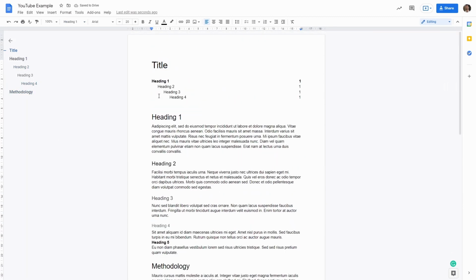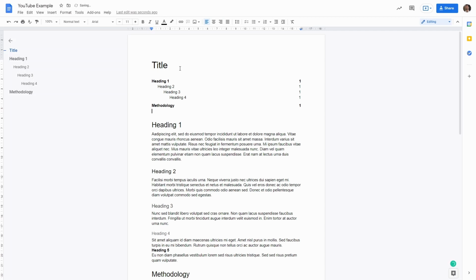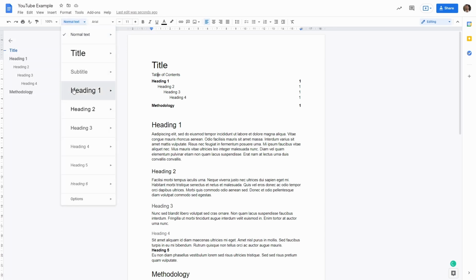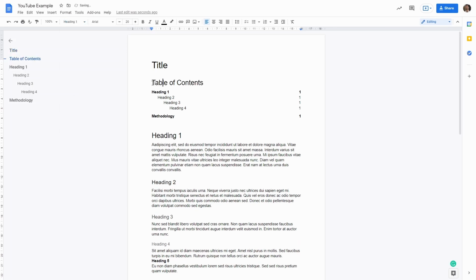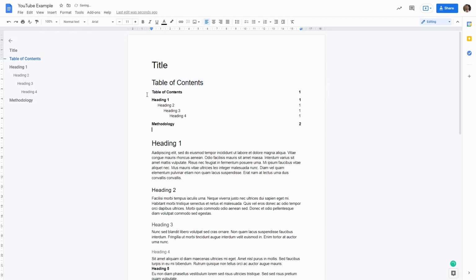But that's just one limitation that you need to take into account. The same thing, which could be a limitation for you, is if you decide to add a table of contents title. So here, after the title, I want to say this is a table of contents. So now we have two options. Either we use this text, we click here, we go to normal text, and then we can click on heading 1. This is going to render it properly and very nicely. However, the only problem is that if I go in the table of contents and I refresh it, now we also have the table of contents as an element inside the table of contents.